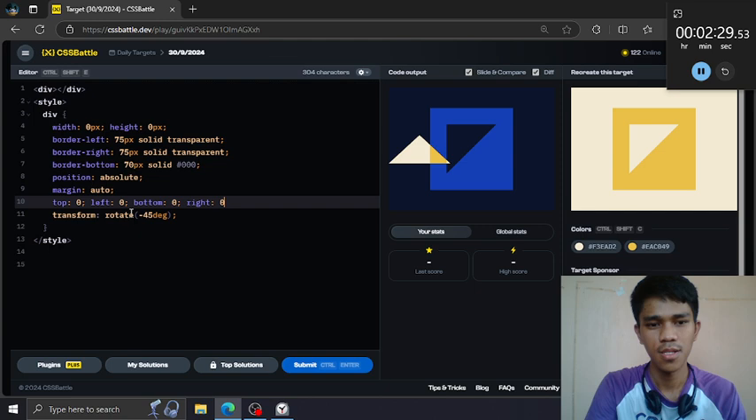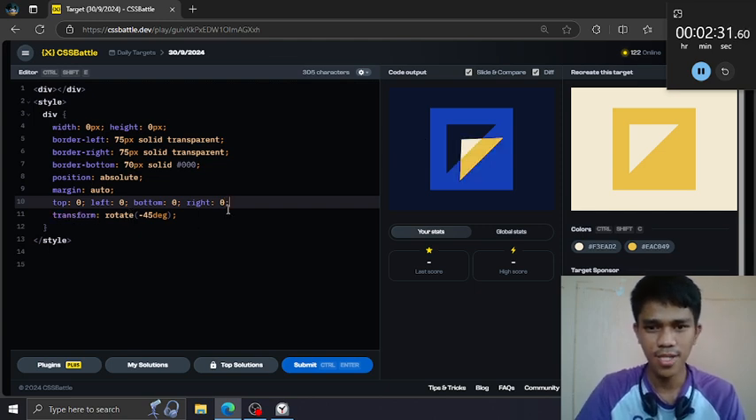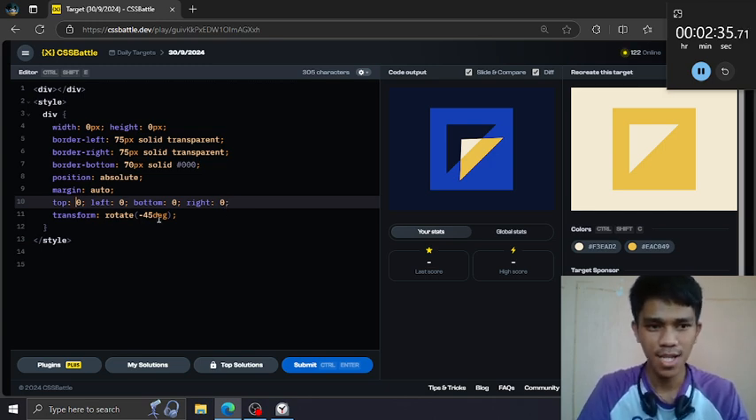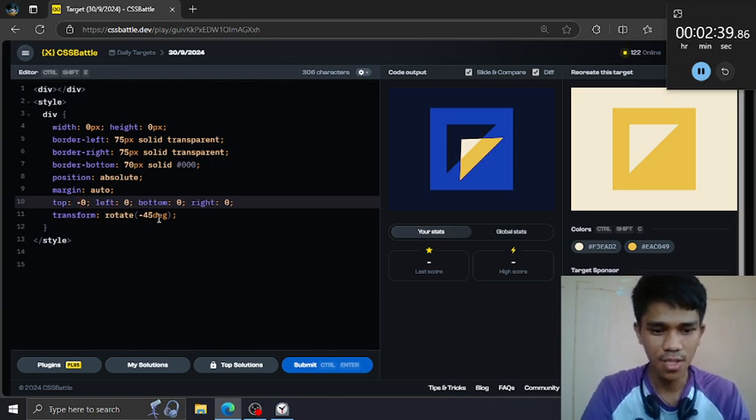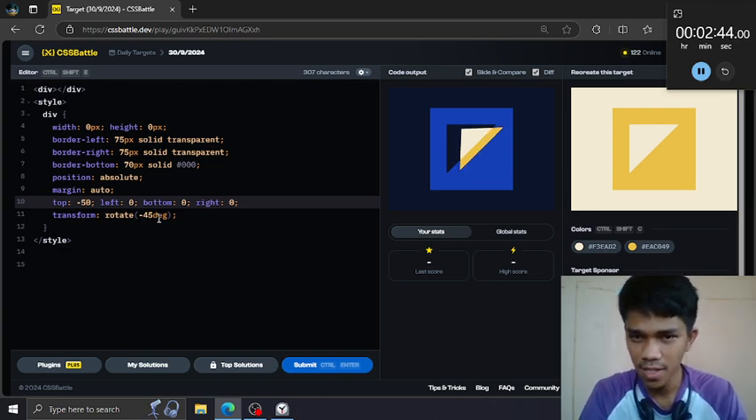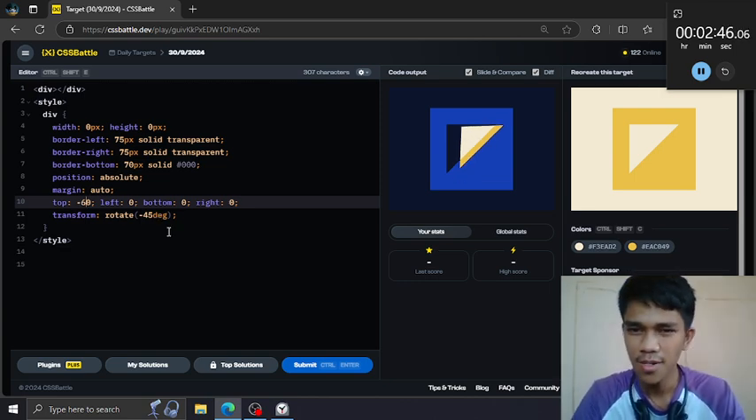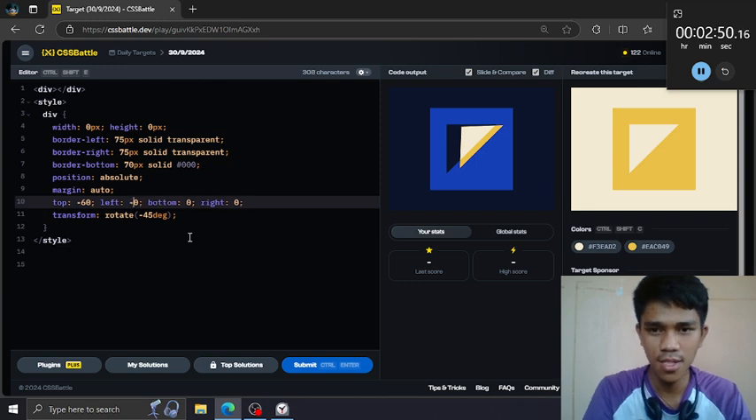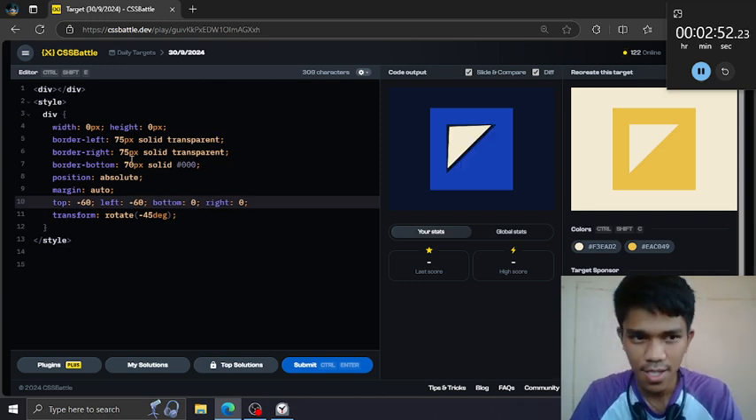This would take the triangle to the center, and put a negative value here on the top property to move this to the top. It's too little. 50, 60. Okay, it's good, and this is also 60, 60, and yeah,